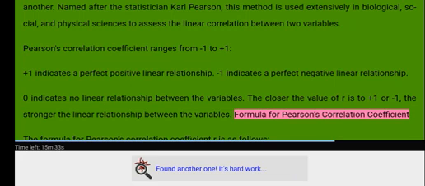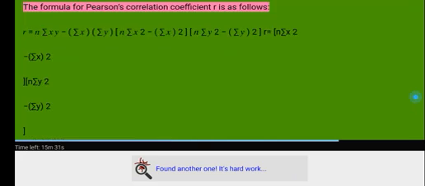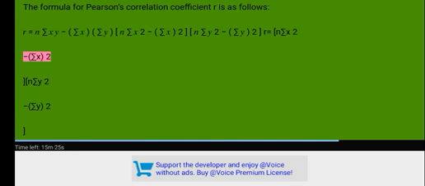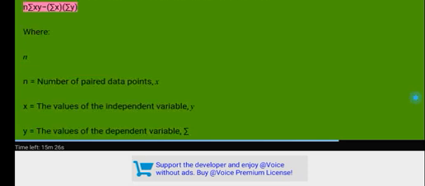Formula for Pearson's correlation coefficient. The formula for Pearson's correlation coefficient r is as follows. r equals n Σxy minus Σx Σy, divided by the square root of [n Σx² minus (Σx)²] times [n Σy² minus (Σy)²], where n equals the number of paired data points, x equals the values of the independent variable,